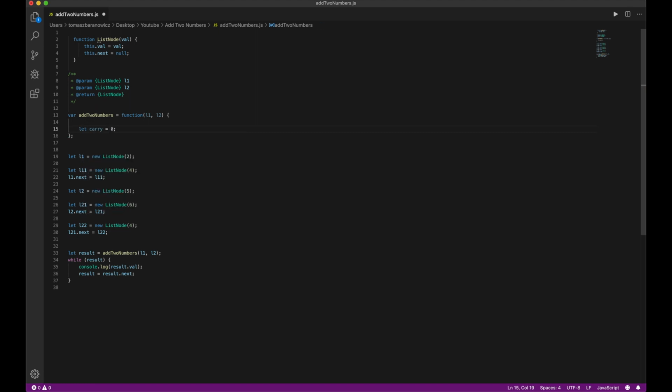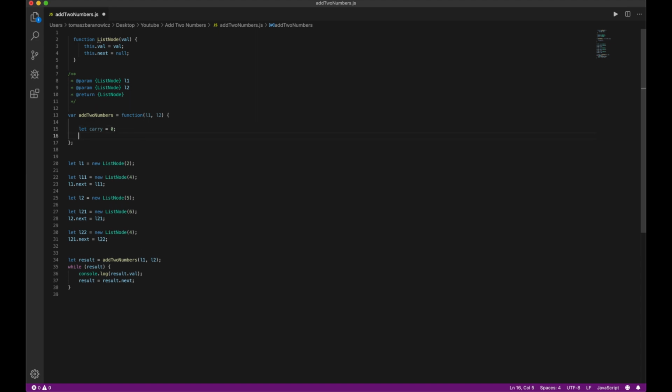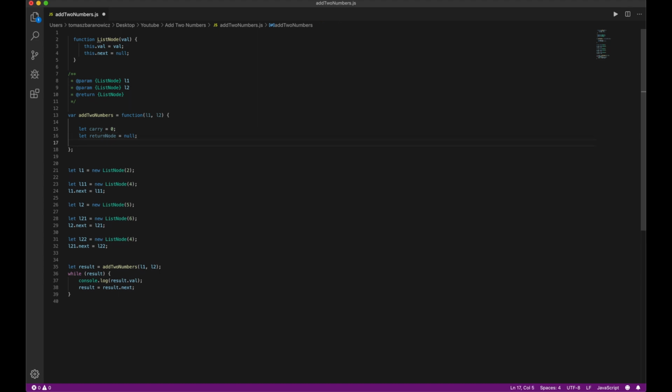Yeah, the value is 0, and we also need a return node, which might be null as for now. And we might also need a reference to the last node to be able to update the reference to the currently calculated node. Okay,